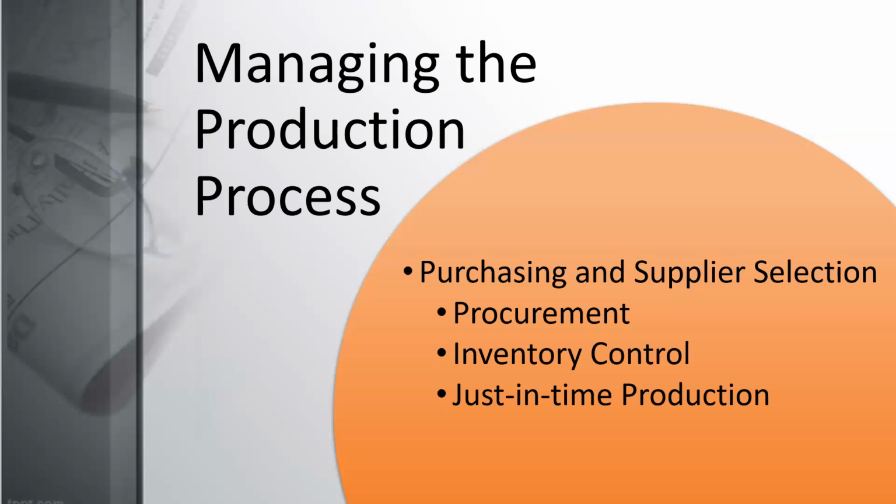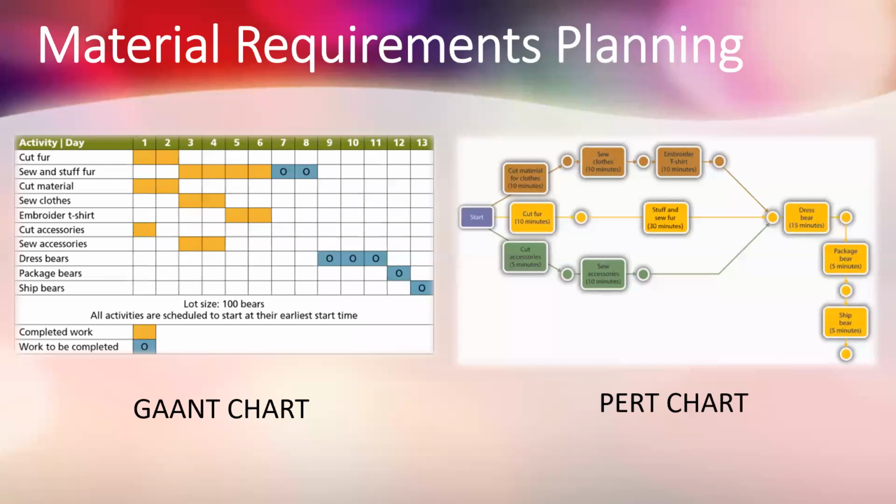Well, they use something called the MRP, which is material requirement planning. And in order to organize their daily tasks and their day-to-day process, they use something called the Gantt chart. A Gantt chart was named after Henry Gantt. Henry Gantt was a World War One officer in the theater of war, the First World War, and they used